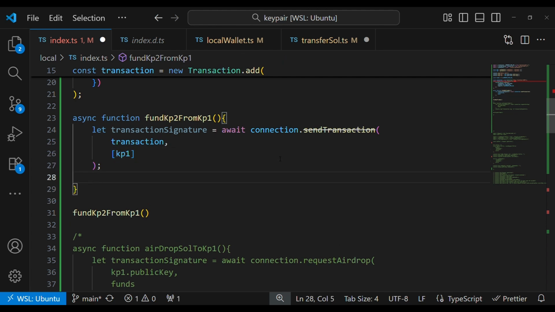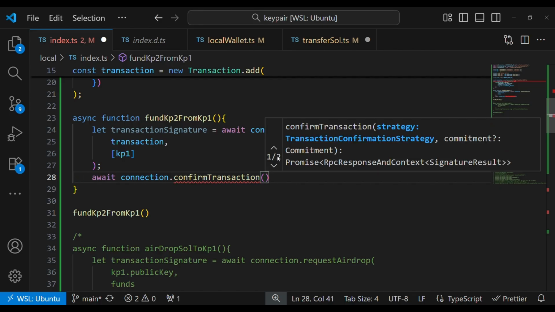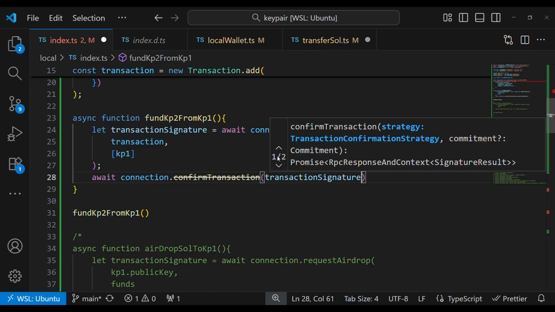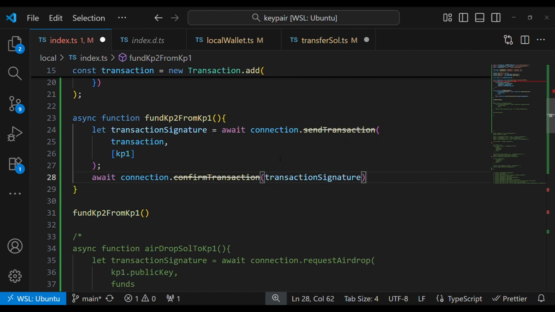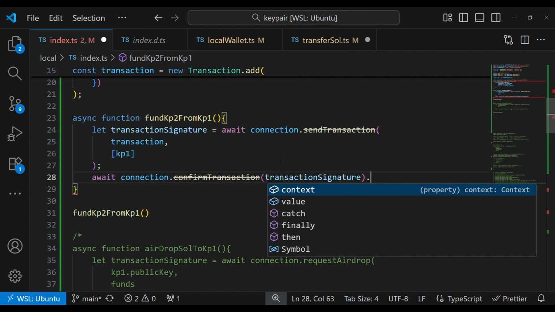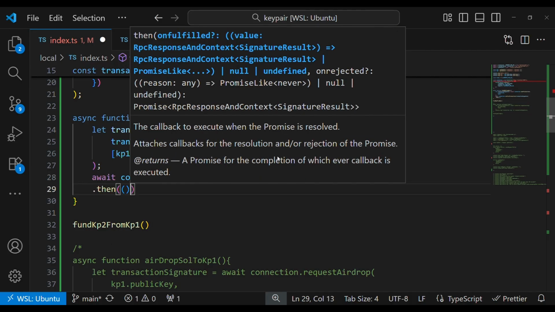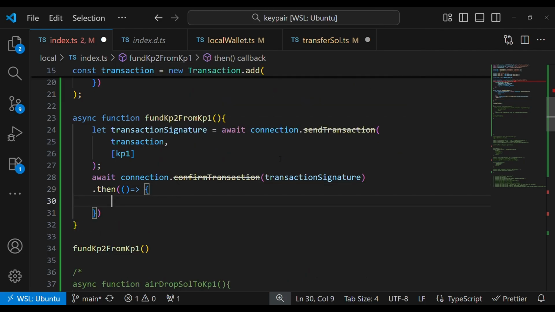And then let's do an await connection.confirmTransaction. We did not do this last time, but let's do it this time, and I'll explain to you why. This may not be necessary for localnet, but will be necessary for DevNet, so you better know this. Transaction signature, yes. After this has happened, we do a dot then, and then inside it we do a console.log,